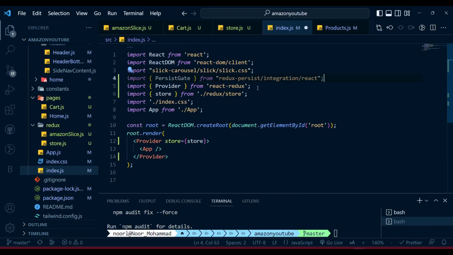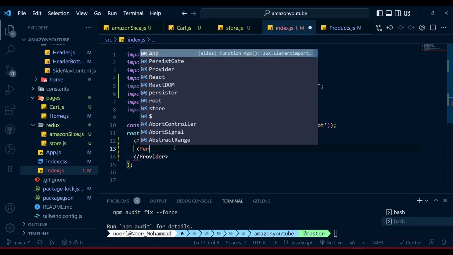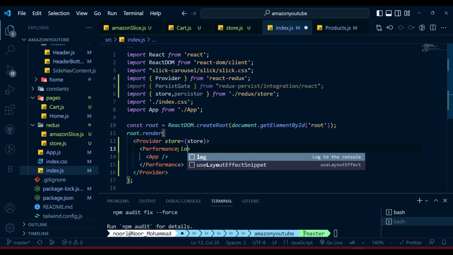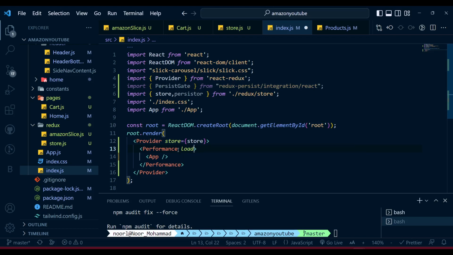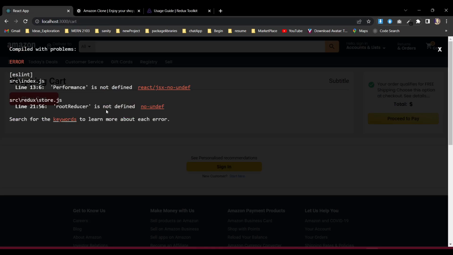So we need to get the PersistGate, and also we need that persister we declared in our application before. Now we need to wrap that one. We need to wrap it with our PersistGate, and let's paste it there. And PersistGate takes two parameters, loading, which for now I'll just create as a simple loading parameter, and the persistor will be the persister we declared. If we save it, of course it will freak out. I think it will not work. Yeah, of course, because